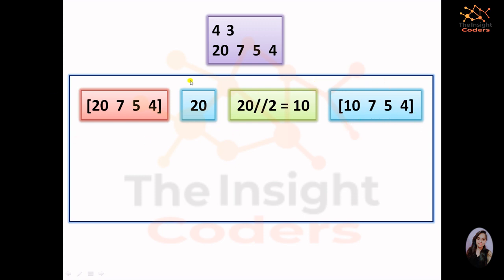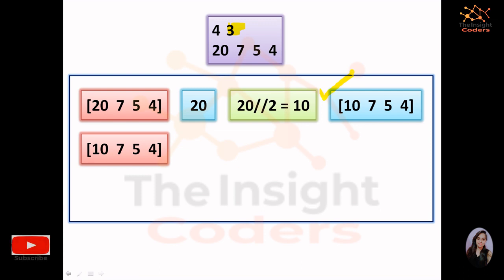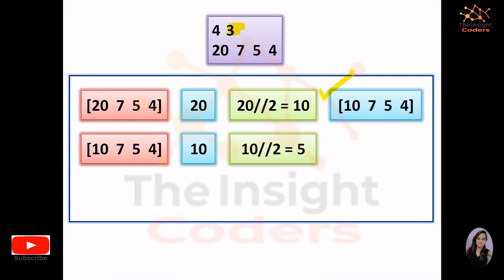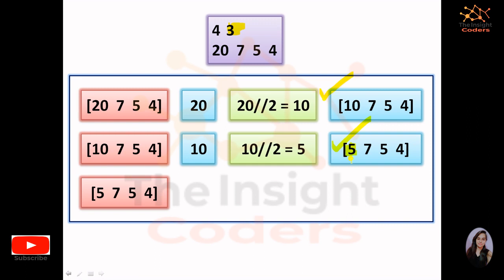But I can repeat this whole task at most 3 times because the value of k was 3. So now on this latest list, again I'll do the same task. I'll find the maximum one. Why the maximum? Because if I divide the maximum by 2, it would be better for me since I have to find the minimum sum. So I'm picking the maximum element, dividing it by 2 and taking only the integral part, and inserting it back into this array. Now we have this latest array, but we can repeat it 3 times. Let's just do it for the third time as well. Find the maximum.